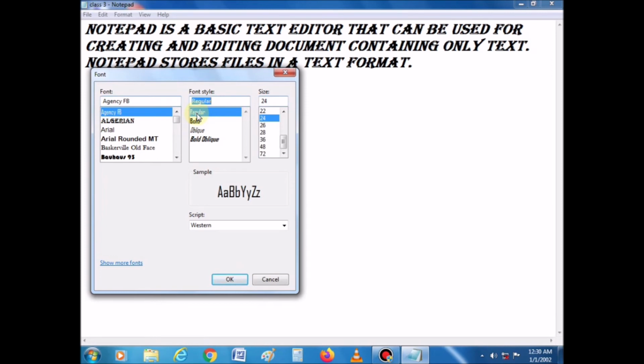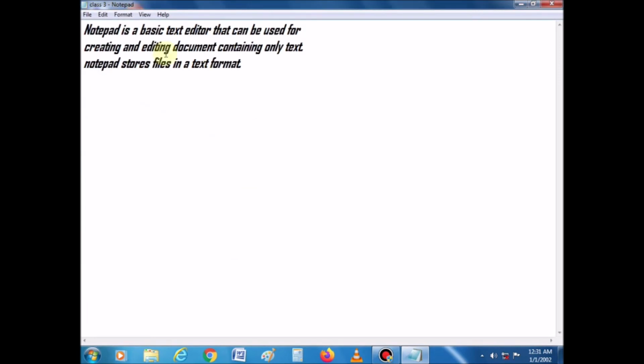You can select a regular to keep your text normal, or you can select bold to make the text bold, or you can select the option of oblique to make the text italic, and you can also select bold oblique to make the text bold as well as italic, and you can select the font size also from the size list box, and after that click on OK button.